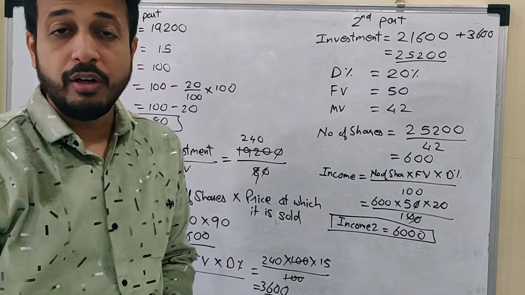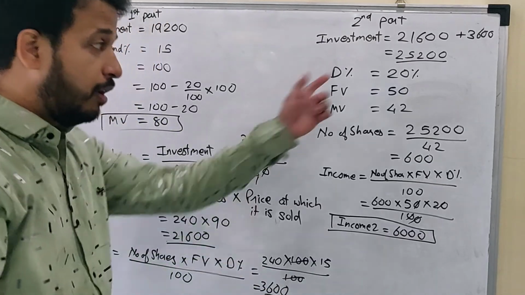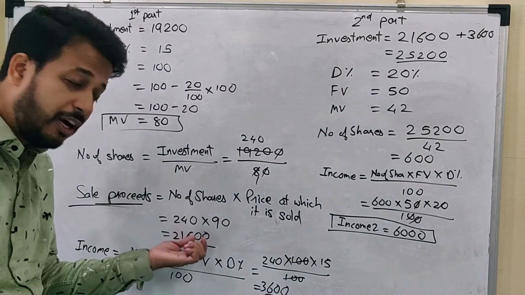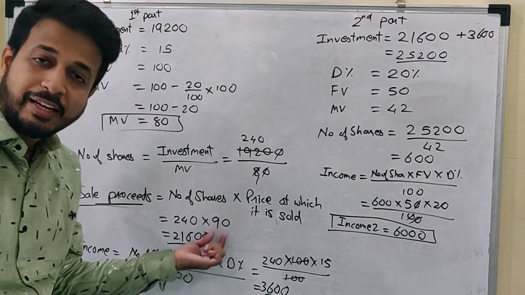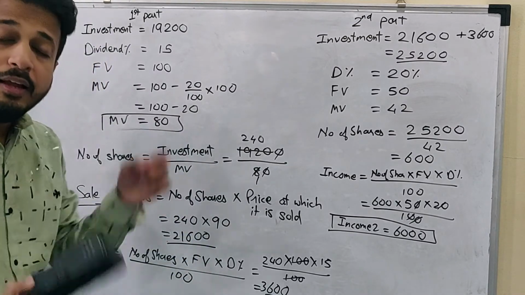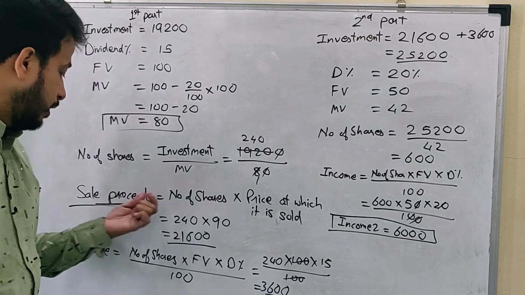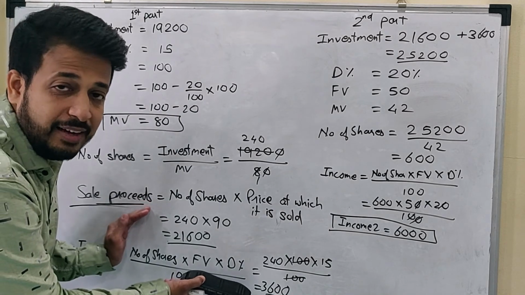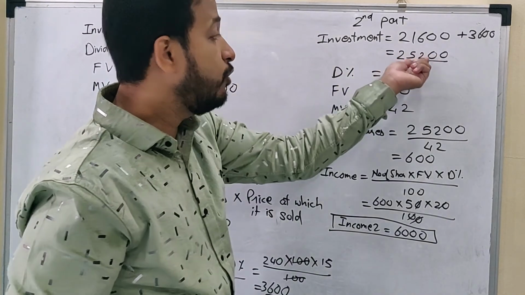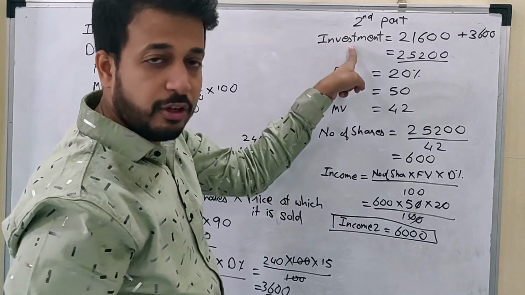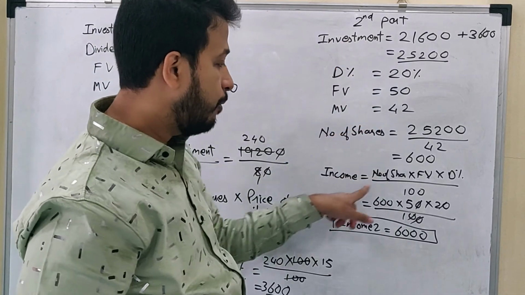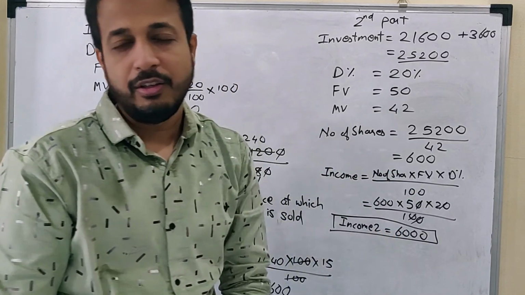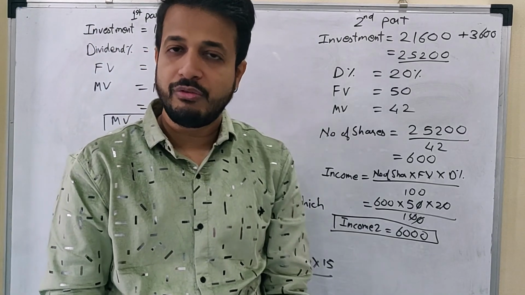So students, very important is your sale proceeds. Just remember how the sale proceed has been done. In the first part, how many shares she had with her. She sold the shares at some price and got that money back. In this question, they have told that the sale proceeds, including her dividend, are invested in the second part. You have the investment, you have the market value, you get the number of shares, and then you can find the income of the second part too. So in this way we solve the sale proceeds questions.